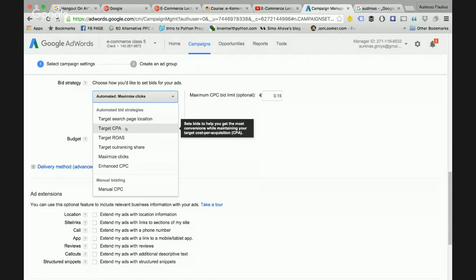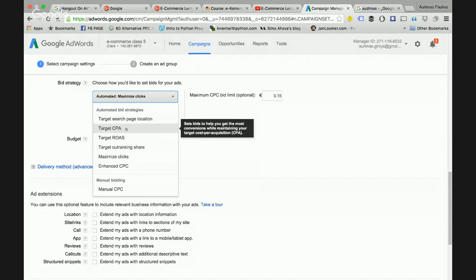So what you can do, your target CPA in this case, if you want to still be profitable, but this profitability does not really matter to you, whether it's 1 euro or 3 euros of profit, because anyway you make the sale, right? So this target CPA checks your account history and sees if your conversion costs you 1 euro or 2 euros or 5 euros, and then it can suggest that, okay, we have accumulated this history, this audience of people that are looking for products that you are selling, and now we can actually start